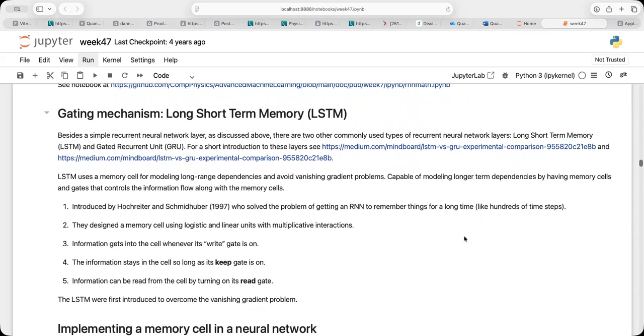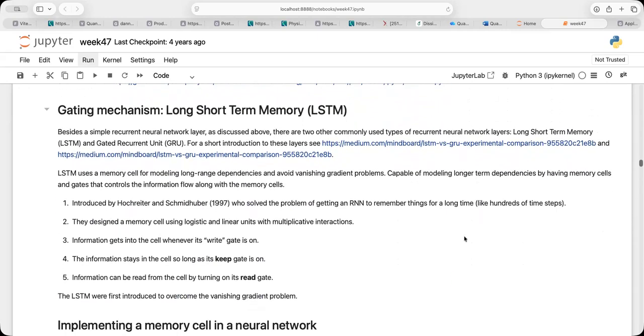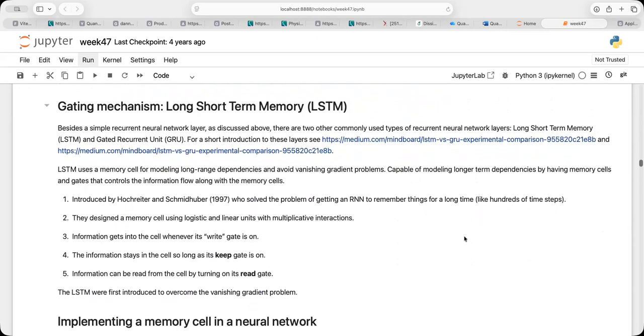Now, the thing which we are going to look at now is something which is called long short-term memory. And I'm going to step you through this not in real depth, but I want to have you with me so that you have an intuition of what is going on.